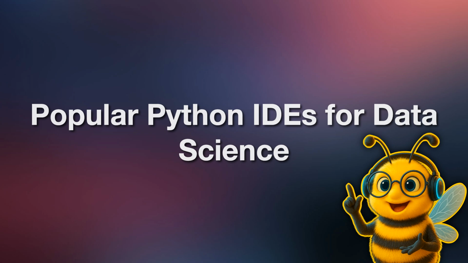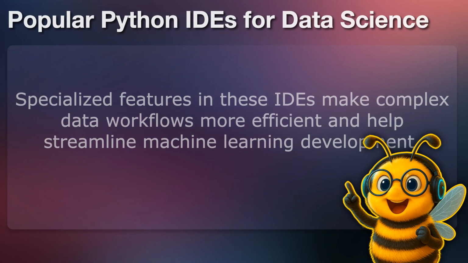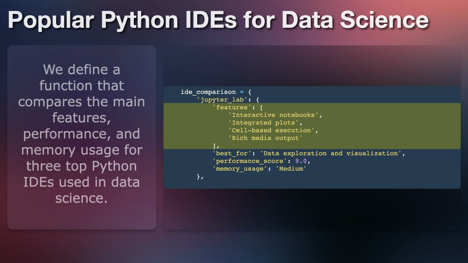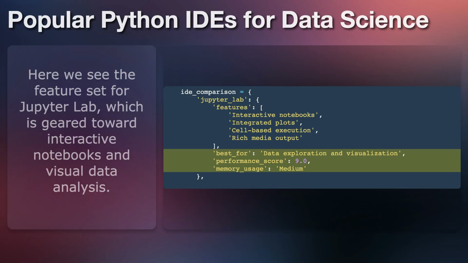Let's take a look at some of the top Python IDEs that are tailored to boost productivity in data analysis and machine learning. Specialized features in these IDEs make complex data workflows more efficient and help streamline machine learning development. We define a function that compares the main features, performance, and memory usage for 3 top Python IDEs used in data science. Here we see the feature set for JupyterLab, which is geared toward interactive notebooks and visual data